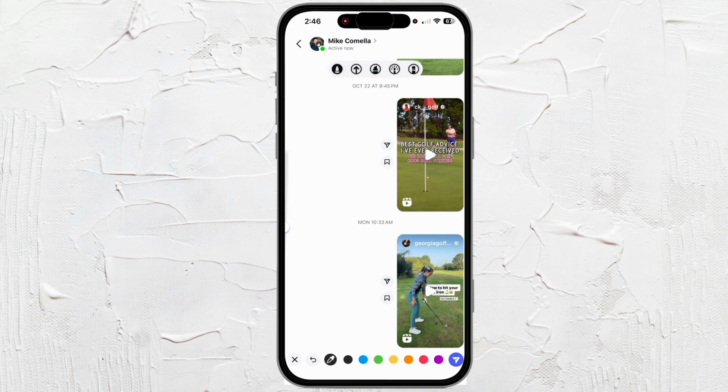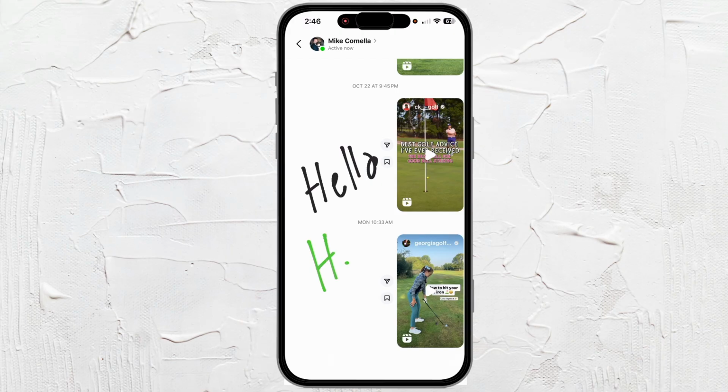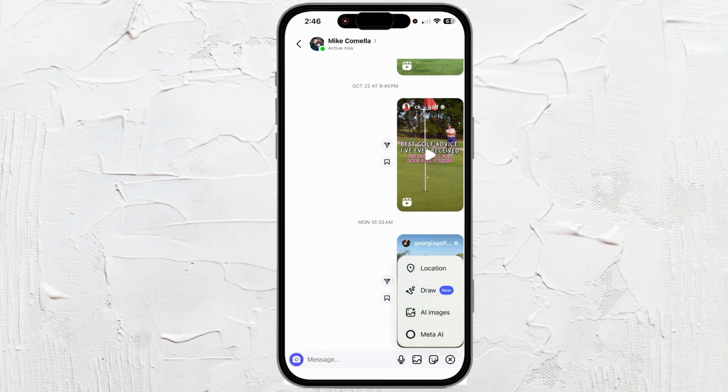And then from here, you basically have a pen that you would use your finger to write with. So I'm just going to write hello. And what we can do here is you can either change the color of your writing. You can go ahead and send it. You can go ahead and undo it as many times as you want to, or you can just X out of it completely. So what we can do is hit the plus sign one more time,